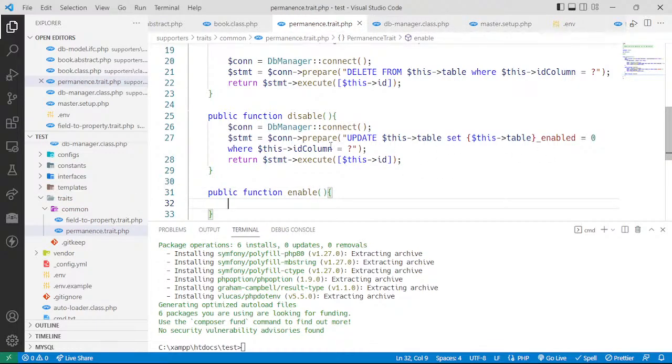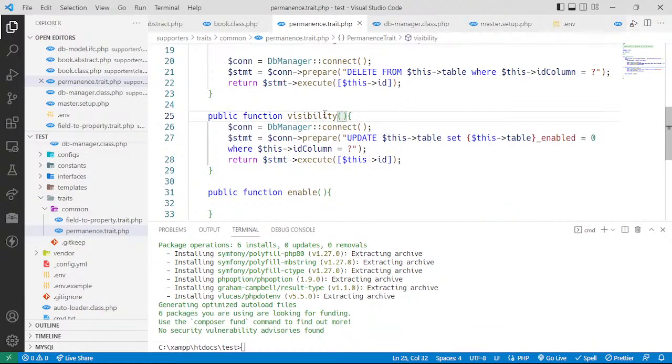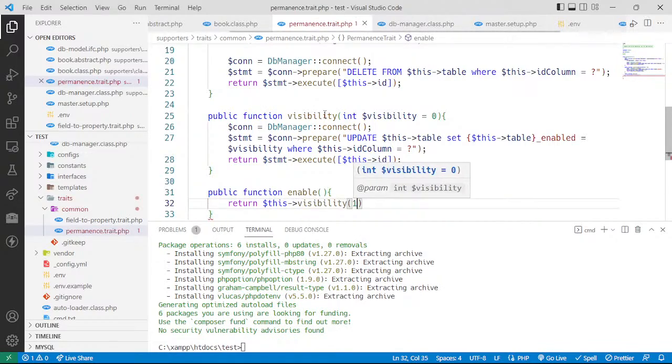You could decide to have a single function called visibility. Then we pass in the visibility here. I'm going to call this one as an int, and by default we are saying this is 0, meaning we are setting it to disable. So then we'll be passing in the visibility here. Set that to the visibility. Great. So then for the enable, we only need to return this visibility 1,